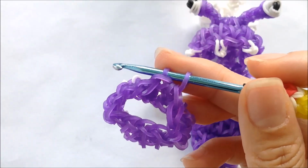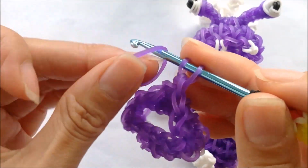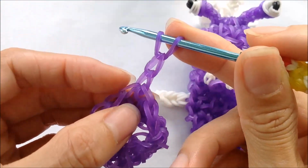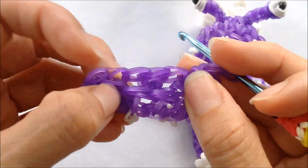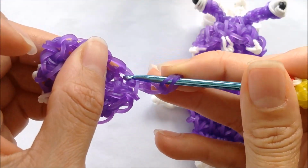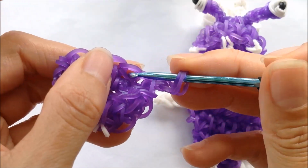Let's start row number 3, same thing, taking a single band, and we'll create a chain, 2 loops up. So that's what yours should look like. And let's work on row number 3, and we're going to skip every other one. So we're going to skip that loop where our chain is for the 3rd row and putting it into the